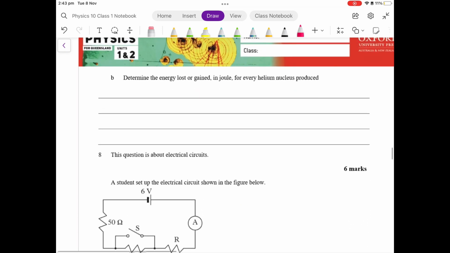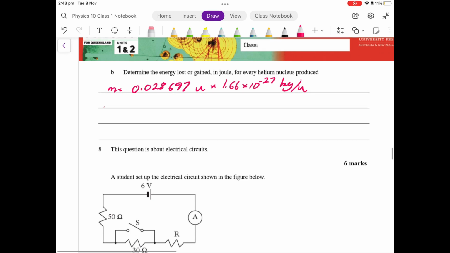Alright, so we're going to convert energy lost again into joules. Right? The simplest way to do that is to convert the mass change into kilograms and then use E equals mc squared, the mass-energy conversion, to calculate the equivalent energy. So we're going to multiply by the conversion factor, but